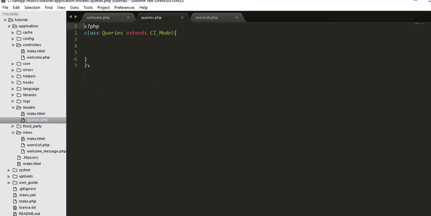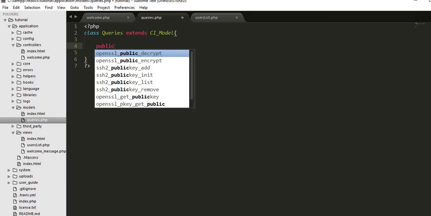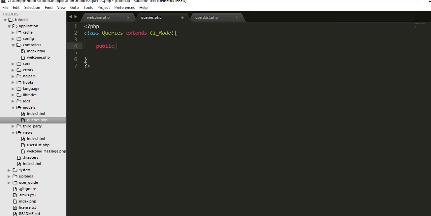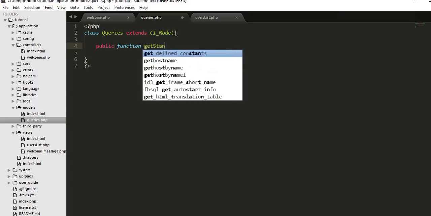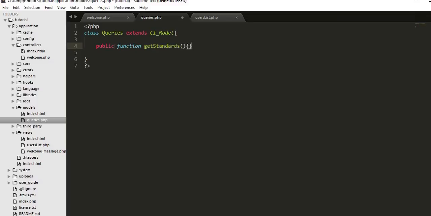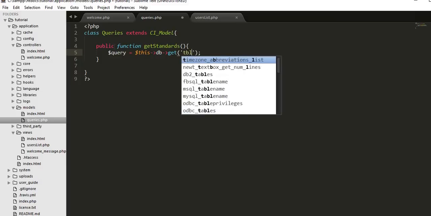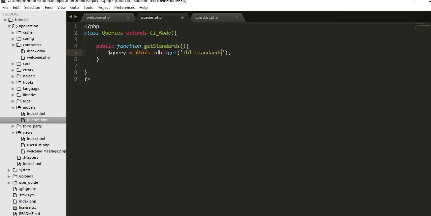I should go to the queries model to get the standards. Public function get standards. Okay, I'll write $query = $this->db->get('tvl_standards');